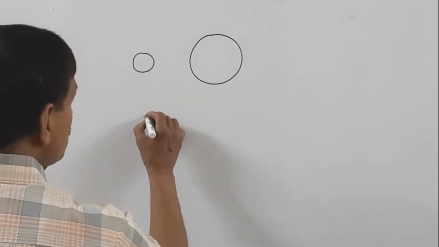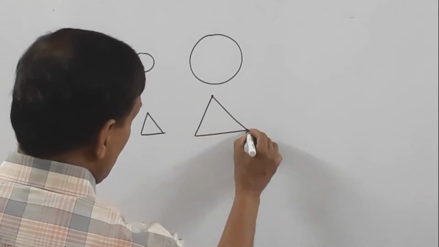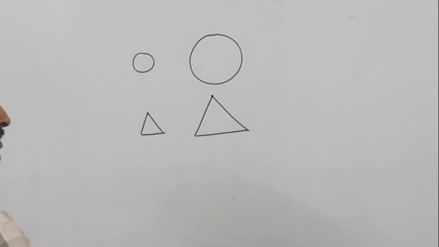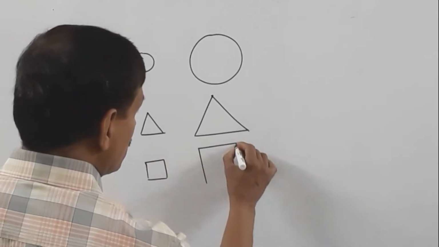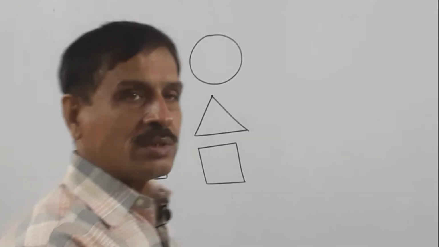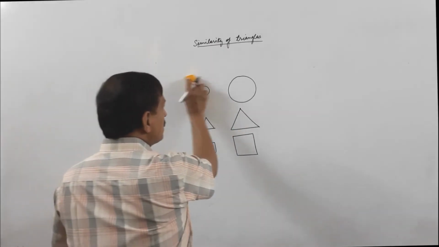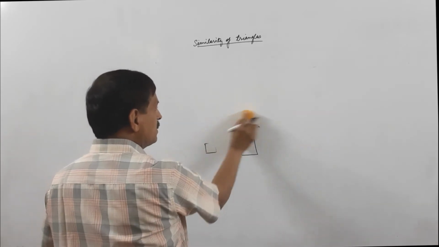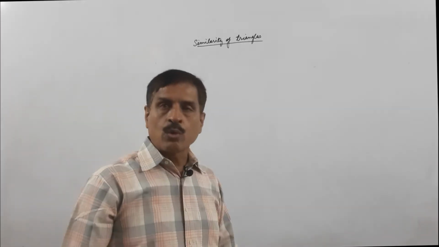Similarly, we can say two equilateral triangles are similar. Squares are similar because their sides are in the same ratio. These are not congruent figures. We will limit our discussion to similarity of triangles. Two triangles are said to be similar if these fulfill some criteria.